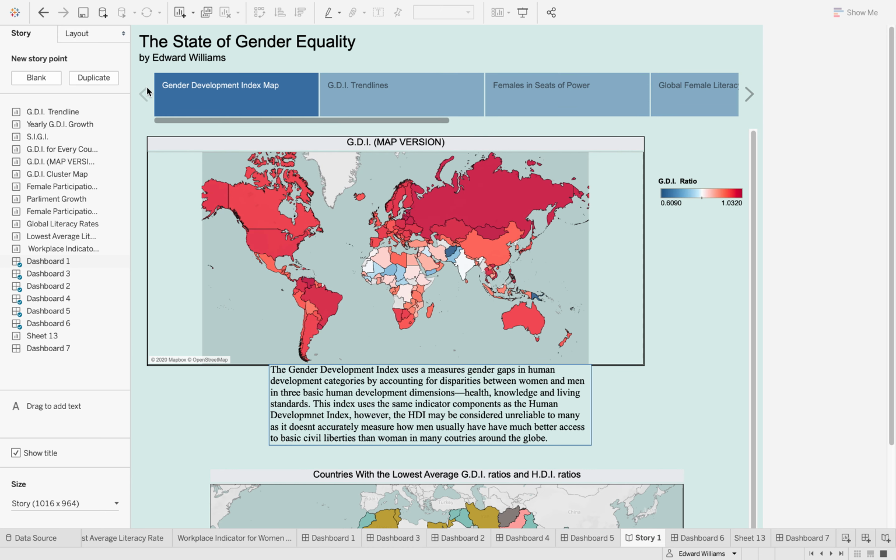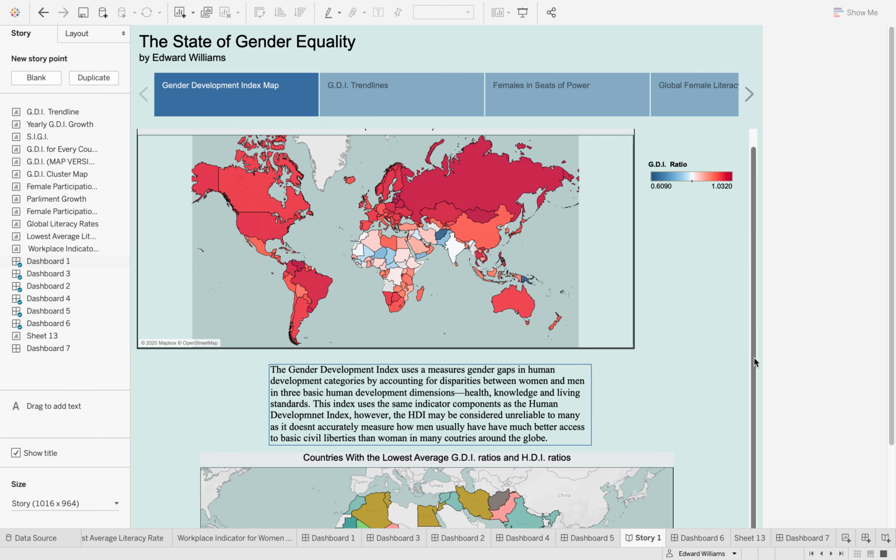In terms of my overall presentation, like I said before, the Gender Development Index score measures the gap in the Human Development Index in categories between men and women within three basic dimensions: health, knowledge, and living standards. So the GDI uses the same components as the Human Development Index, but it just measures discrepancies between genders. So there are going to be a lot of similarities between the Human Development Index and Gender Development Index. And that's very evident in the next graph that I have,